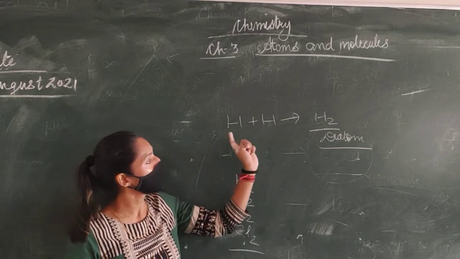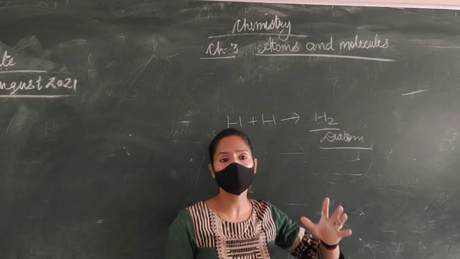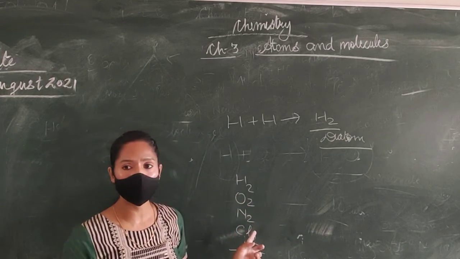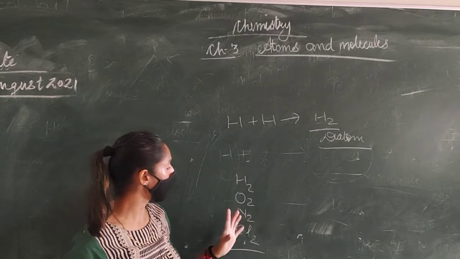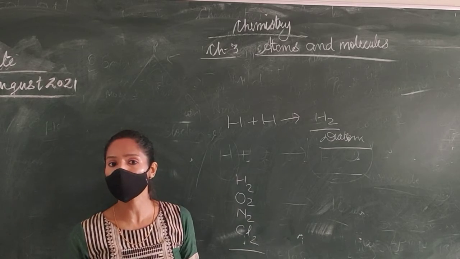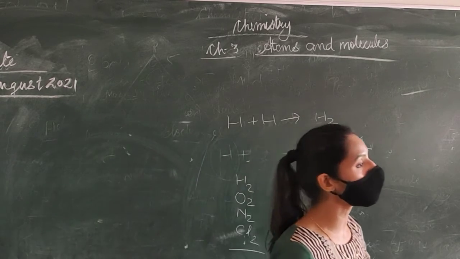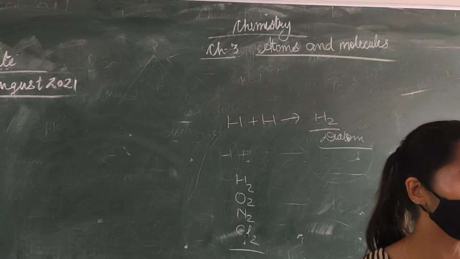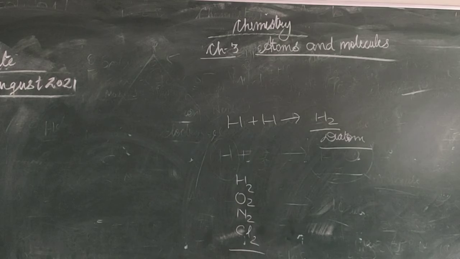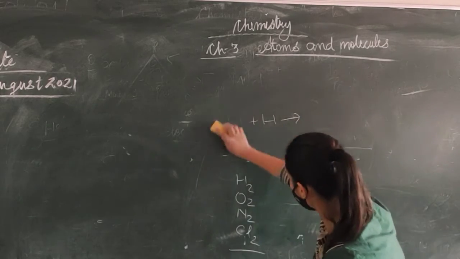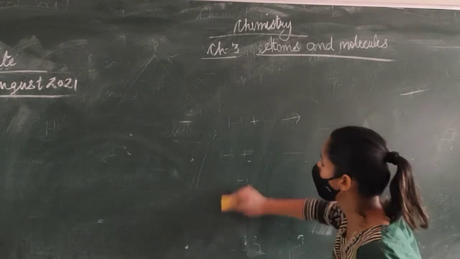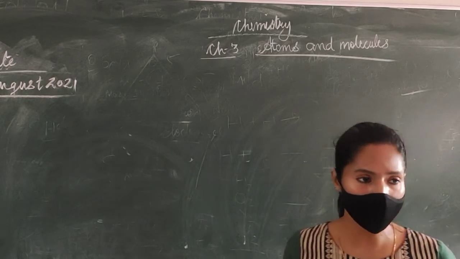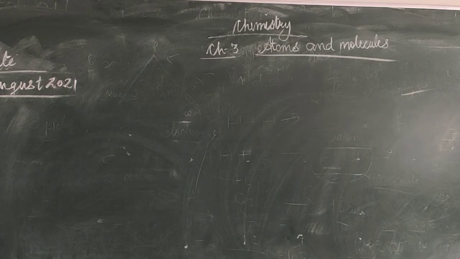But here both the atoms are of the same element, so we can also call it a diatom. So this is oxygen diatom, hydrogen diatom. But we can also call them hydrogen molecules because there are 2 atoms. So when 2 atoms combine, we can call it a molecule. But if the 2 atoms are of the same type, same element, we can also call them a diatom. Okay, understood? Now we begin the chapter. This was just an overview for atoms and molecules, what they are, and now we will start the chapter.